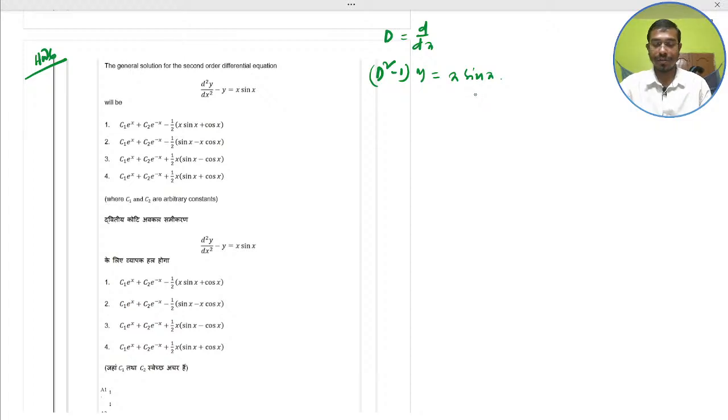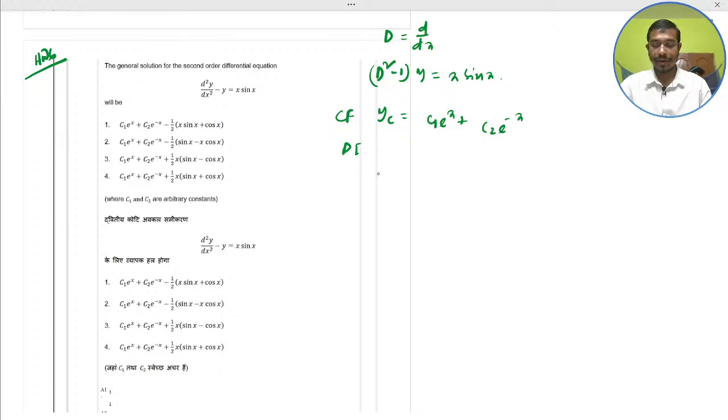This is a homogeneous equation. The complementary function would be what? c1 e to the power x plus c2 e to the power minus x. Now this is the CF. Now for the PI, you have to calculate the PI for both the real and imaginary part,